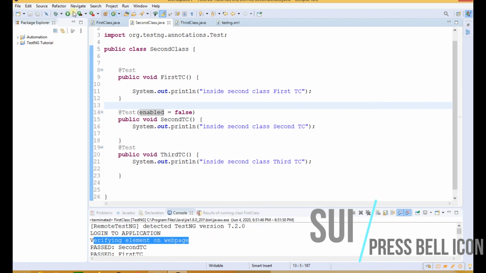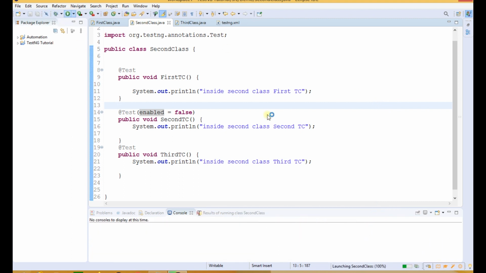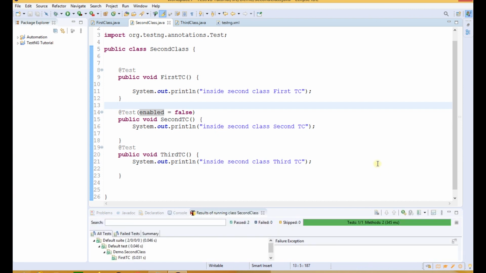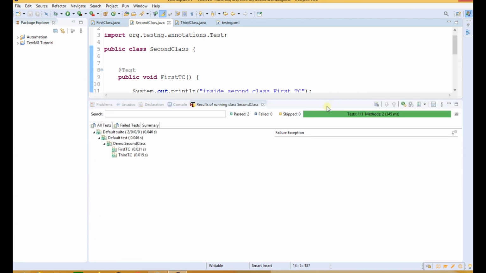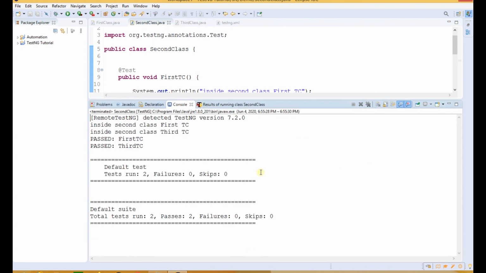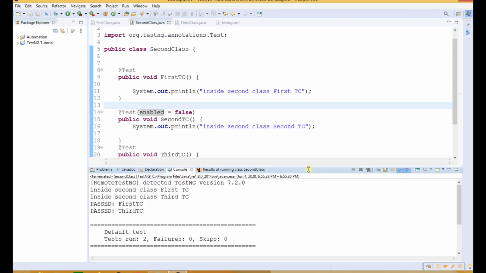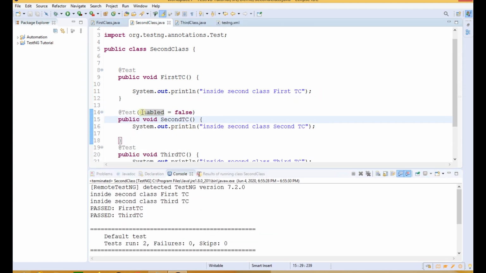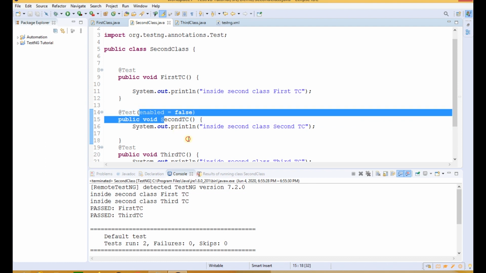Let us save it and check the output. The second test case should not be executed. In the console, as you can see, only the first test case and the third test case are executed. The second test case was not executed because we have disabled the second test case, right?